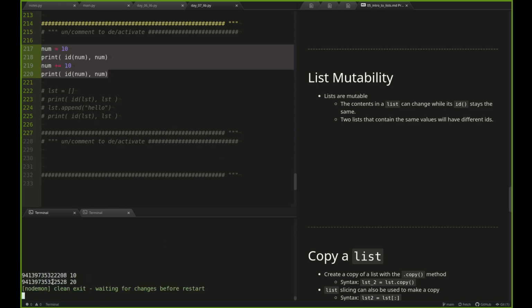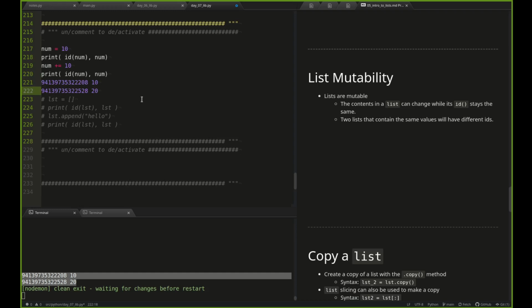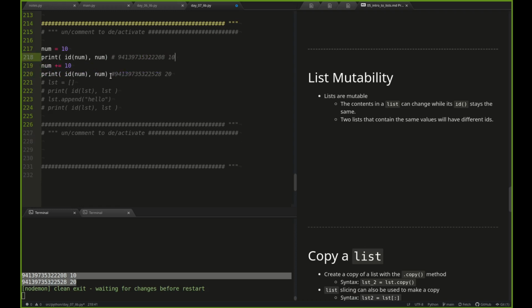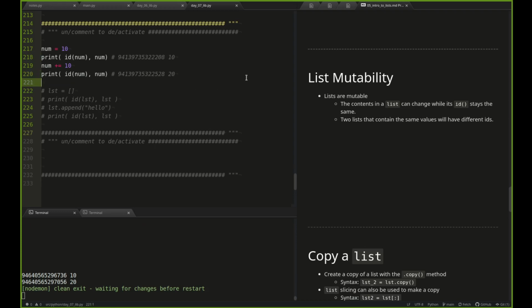So let's run this. So these IDs are different. Every time I run this, everything will have different IDs. So if I run this again, both of these IDs are going to change, but just suffice it to say, the IDs are different. And the reason for this is, when I add two numbers together,